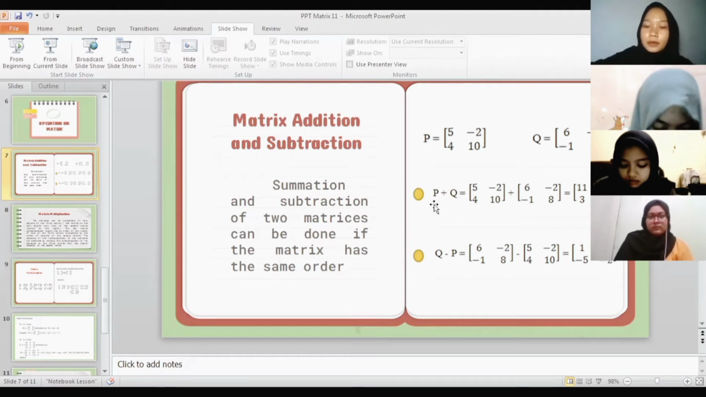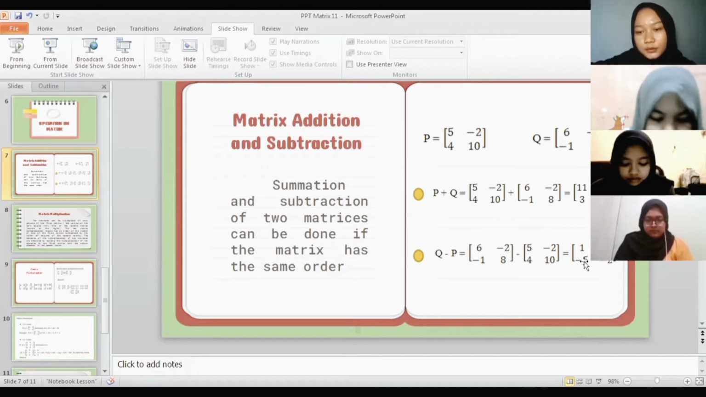Same as P plus Q, for Q minus P we subtract the same positions. 6 minus 5 equals 1, and we get the matrix Q minus P as 1, 0, minus 5, minus 2. And the next,